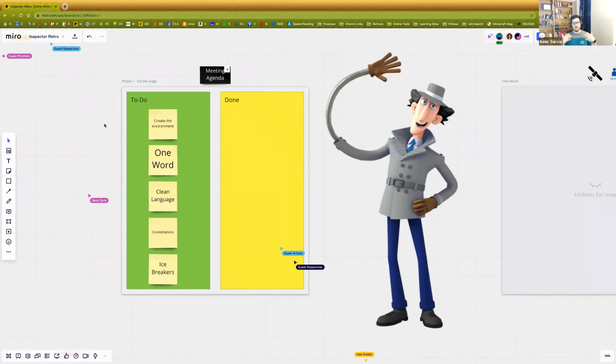People are walking into the room. You're joining the Zoom call. People are arriving. This first step, create the environment, is so critical. And why is that? Because I don't know about you, but I've been in so many Zoom meetings. I go from meeting to meeting to meeting to meeting. Some of them talk business. Some of them talk, what are our plans for the future? Some of them talk, what am I doing in the next 30 minutes? Some of them are like this, a presentation. And I'm in this business mode. Boom, boom, boom, boom, boom.